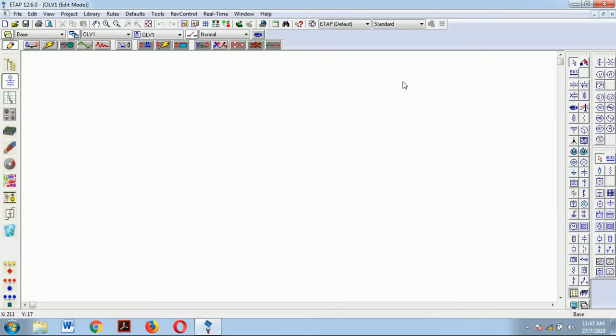This is the main screen of the software. Here on the left-hand side, there are various toolbars with components like wind turbine generators, cables, lines, buses, and grids, which you can use for simulation studies. There are various simulation case studies like load flow analysis, short circuit analysis, harmonic analysis, transient analysis, and many other modules like optimal capacitor design and traction system. For the time being, the objective of this video is to introduce ourselves to the software and learn how to make a single line diagram and perform a small load flow analysis.